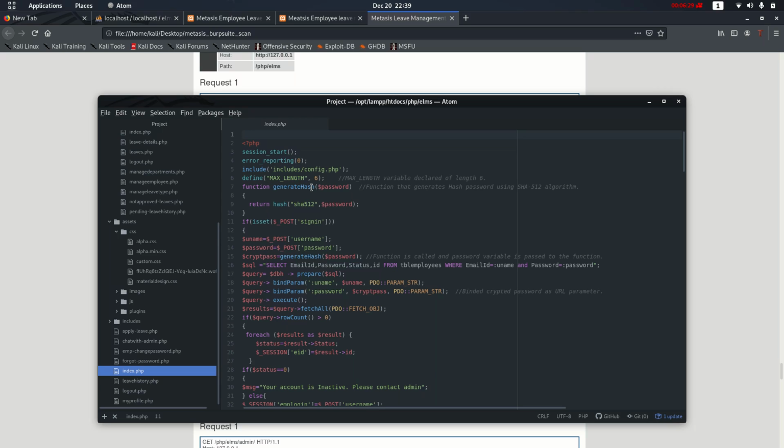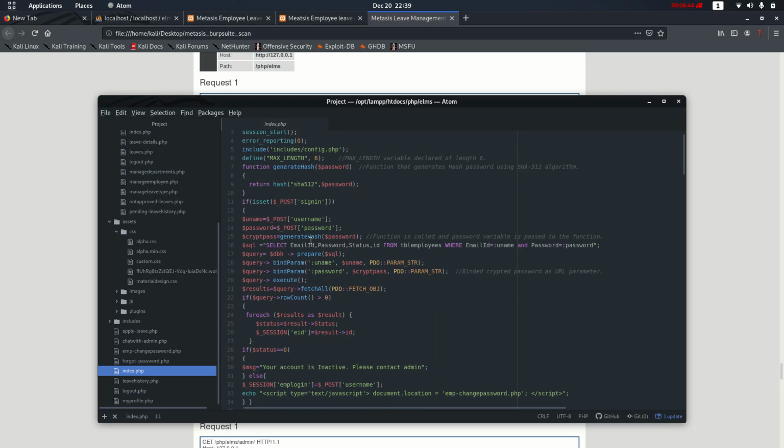The meaning of one-way hash is that a SHA-512 password cannot be decrypted at any cost by any tool, and that is the reason it is the most secure up till now.